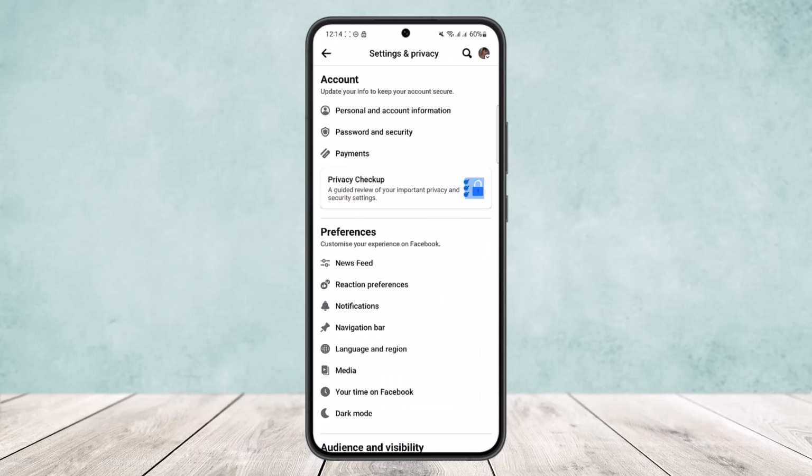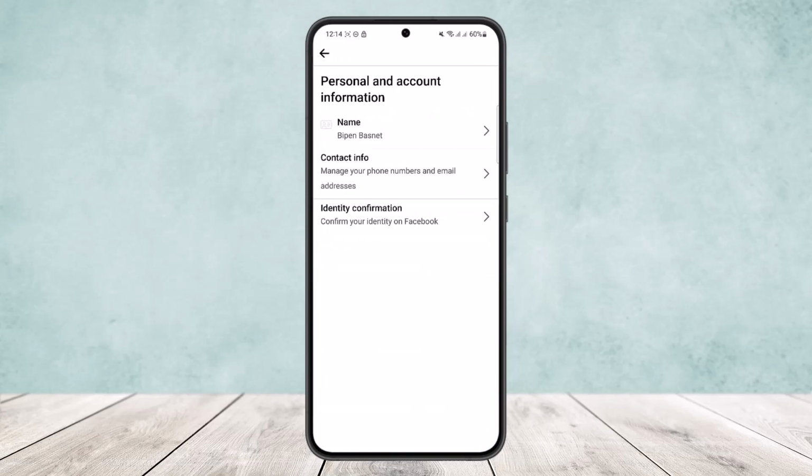Now once in settings, what you want to do is head into the first option, personal and account information, and here you'll be able to find the option account ownership and control. If you open it up and head onto account ownership and control, you'll be able to find the option deactivate account. However, like me, if you don't get the option to deactivate Facebook account through here, what you want to do